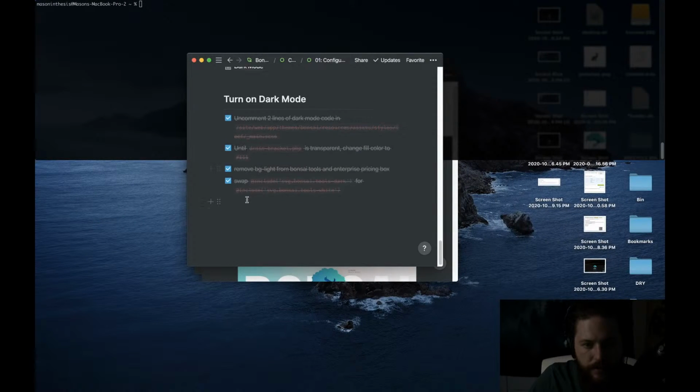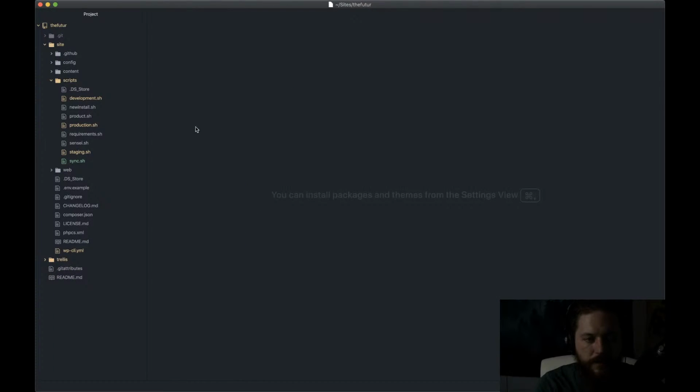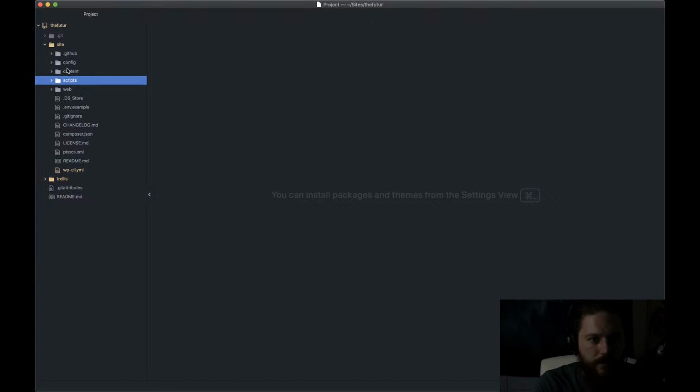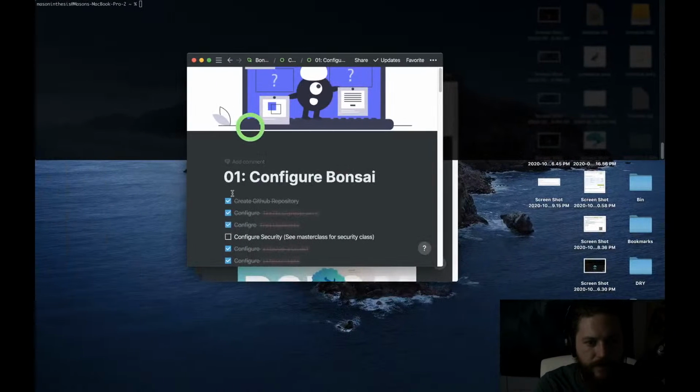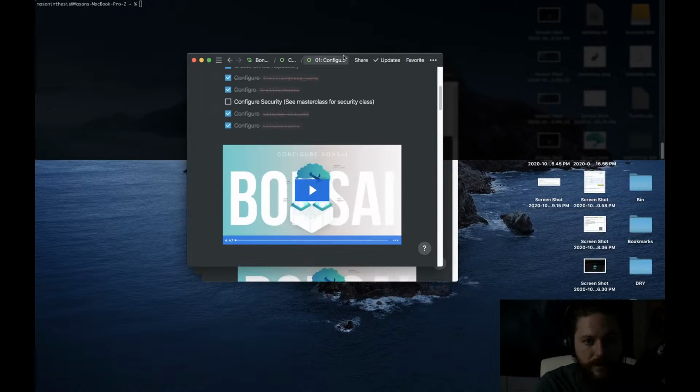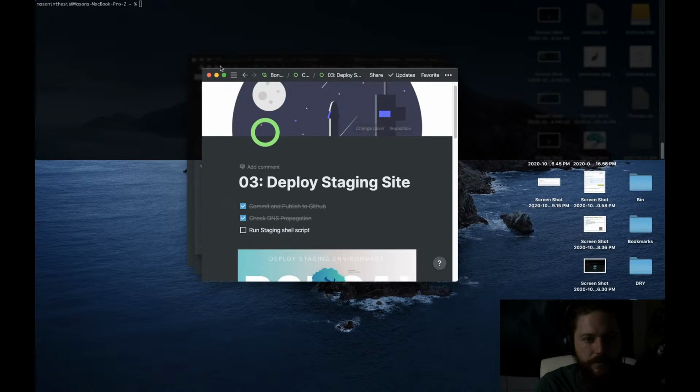Then for dark mode, we can do that later. I just want to get things working right now. Okay, so we come into development script. We're done configuring Bonsai, by the way. We should be. So now we're on to